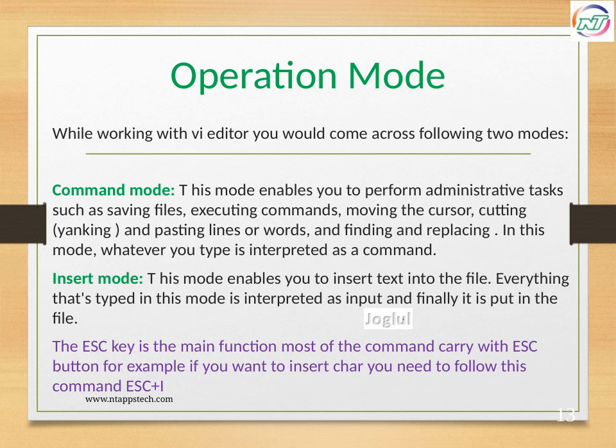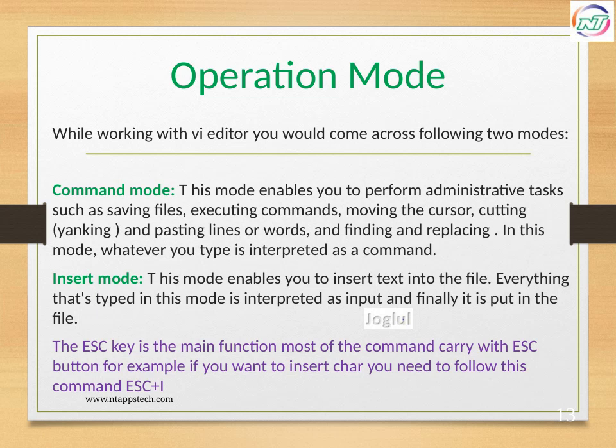For example, if you want to start inserting text, you first press ESC to ensure you're in command mode, then press I to enter insert mode. This organization helps keep editing efficient without accidentally messing up your content while navigating or running commands, which is especially handy when you're working through code or configuration files in a testing environment. Let's move on to the next slide, where we will explore practical examples of using VI commands in real Unix